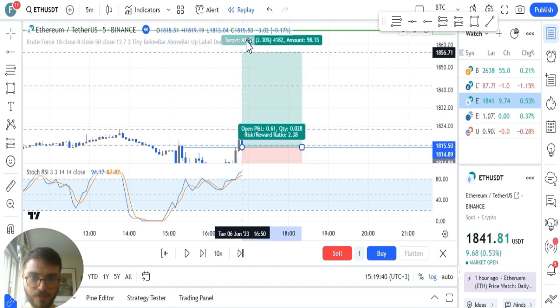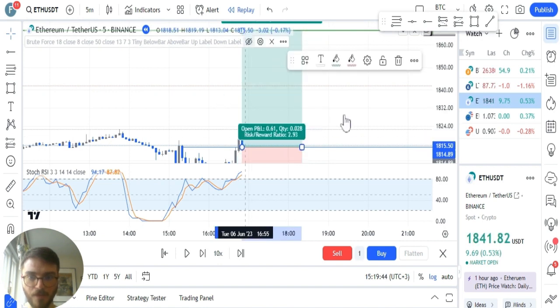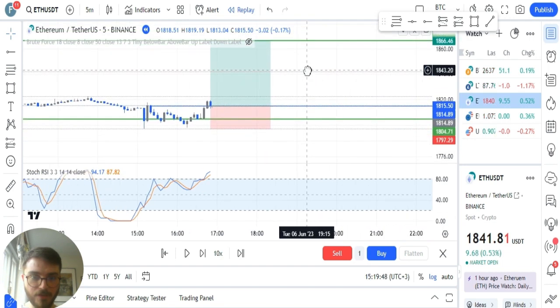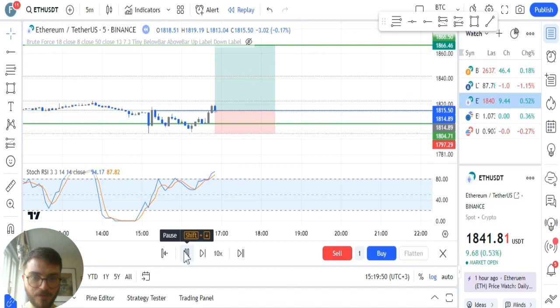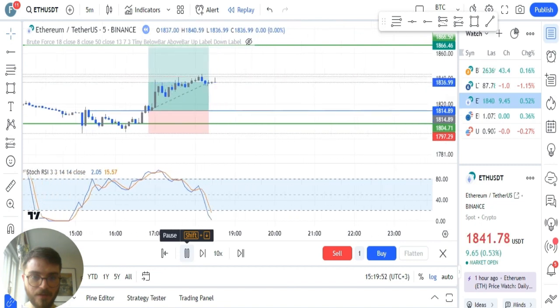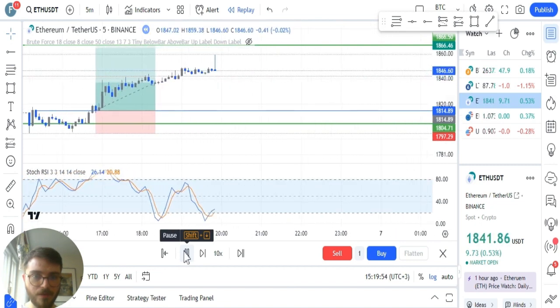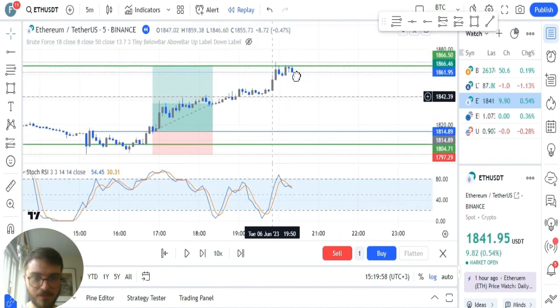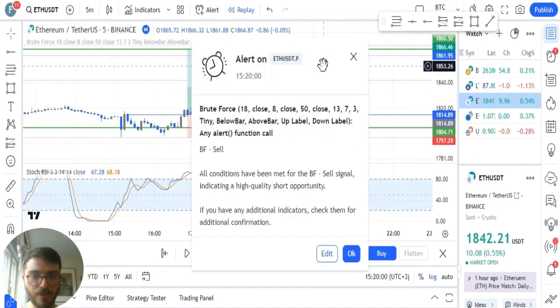Of course, this could take some time before we reach this, but now we have a really nice 2.9 risk to reward ratio. So let's see how this plays out. And it's going there. Usually what I do, oh, okay, this just smashed the target. But usually what I would do